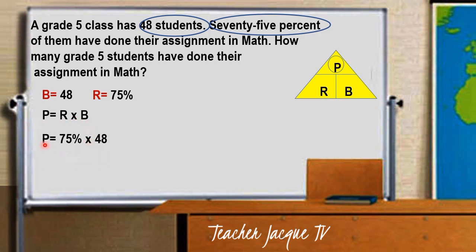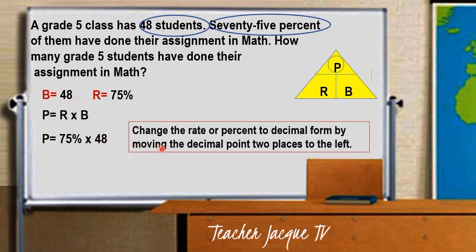Substitute natin. P is equals to yung ating rate na 75% multiplied by base, which is 48. Now, we need to change the rate or percent to decimal form by moving the decimal point 2 places to the left. So, nandito yung ating decimal point, i-move lang natin siya ng 2 places to the left. So, 1, 2. That's why meron tayong 0.75